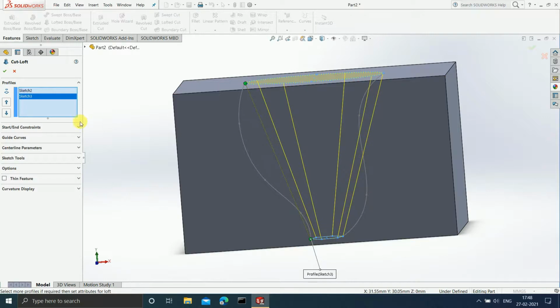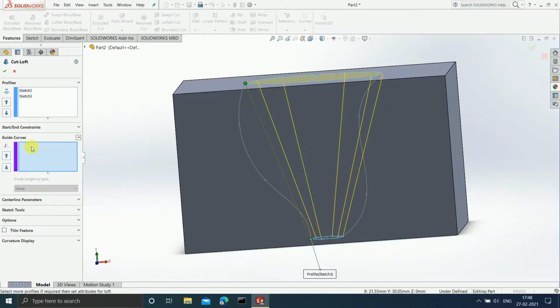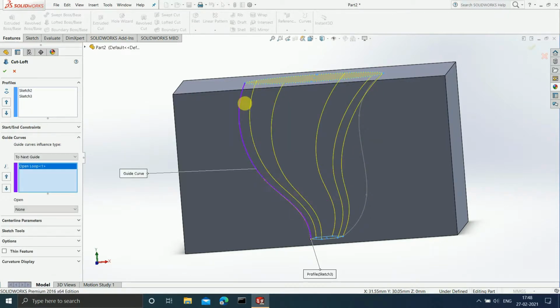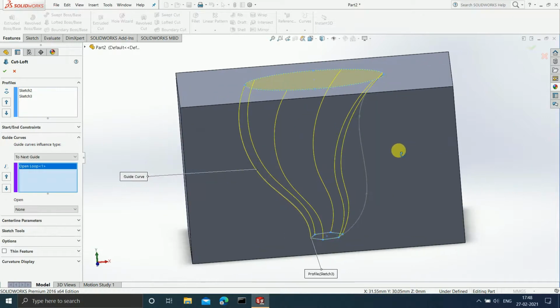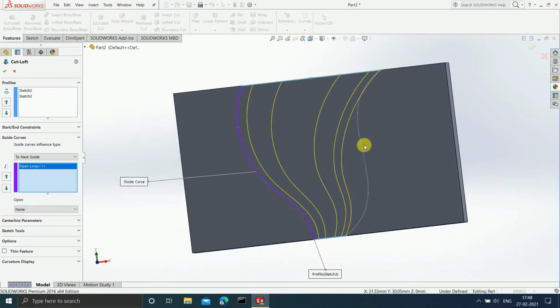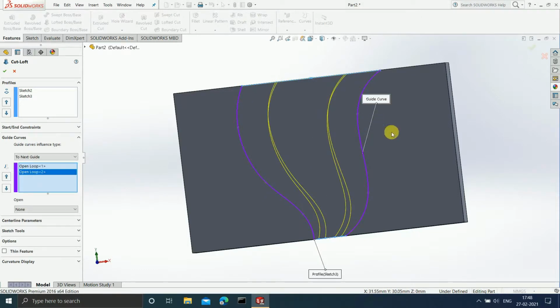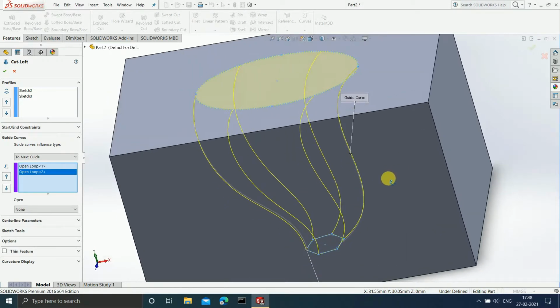But when you go to guide curves, once you select this particular path, see, now can you see the change in the shape of the 3D cut? So this is the use of the guide curve. If I add one more guide curve, see now how the shape is getting changed.